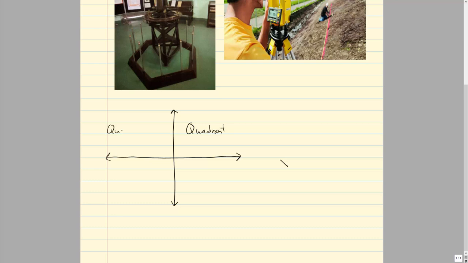We don't make up something along the way, and I renumber quadrants to be different. So when we're looking at this and we talk about our quadrants, we list the quadrants with Roman numerals. So this is quadrant 1. This is quadrant 2. They're going counterclockwise. Quadrant 3 and quadrant 4. So we need to be able to talk about these quadrants in order to talk about the location of an